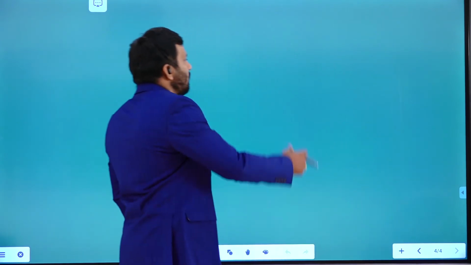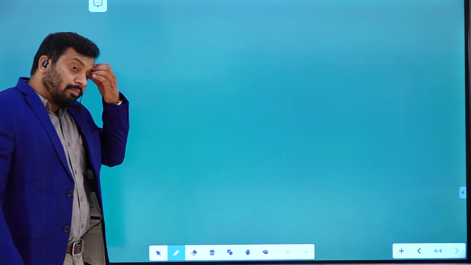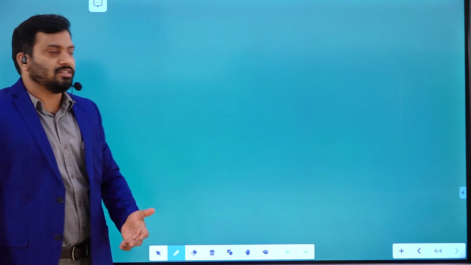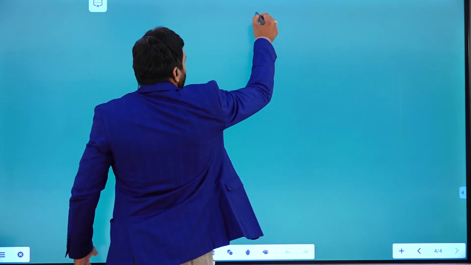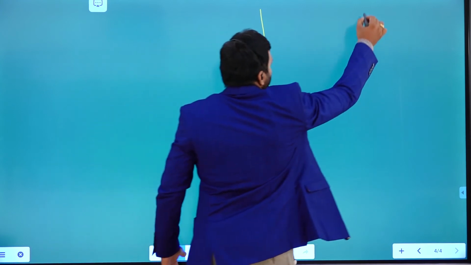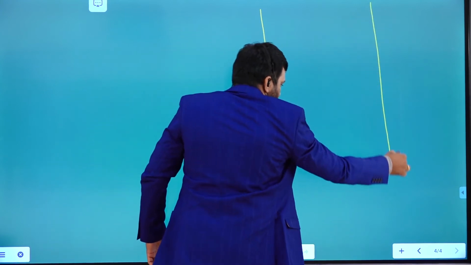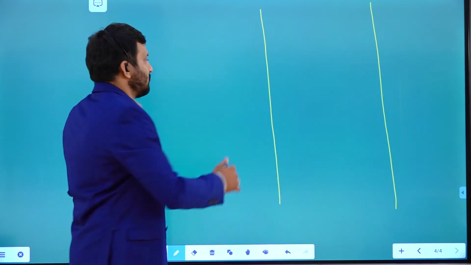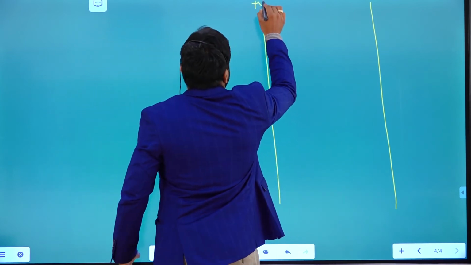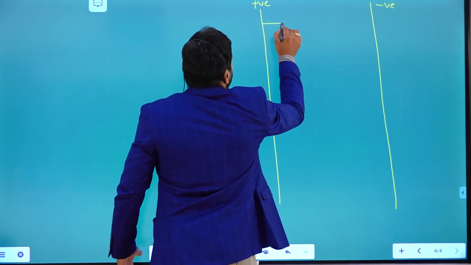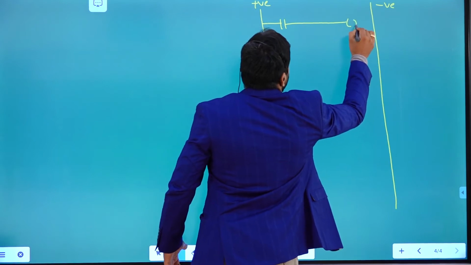You can write jump instructions, and from multiple points you can jump. Same concept I am continuing, but here it is jump from multiple locations. Let's say, for example, it is like this.